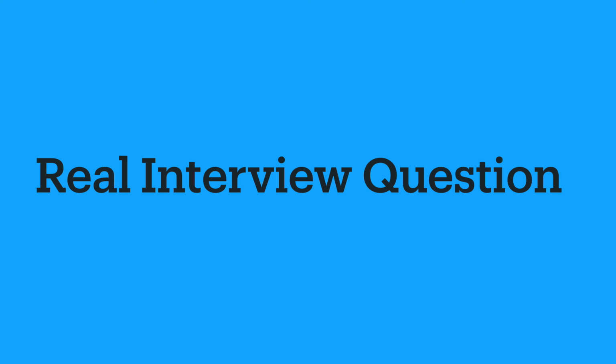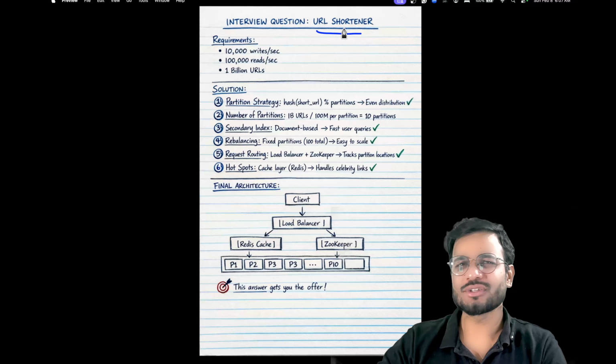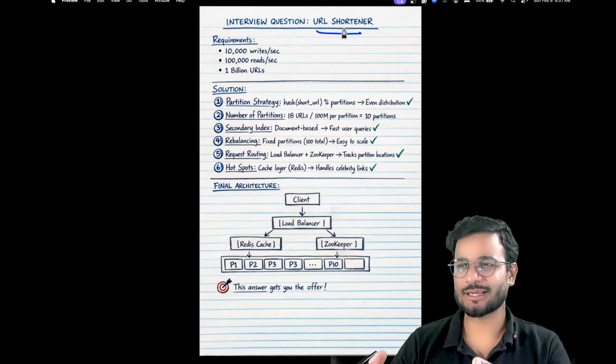Now we have discussed so many strategies of partitioning, how the partition happens, how it scales. Now where is it actually used, and how will you face it in an interview? So let me take an example where the partitioning logic will be much more useful as compared to other concepts of advanced system design. So here's a question where the understanding of partitioning helps you a lot. It's called URL shortener. Now this is one of the examples, there can be other examples also.